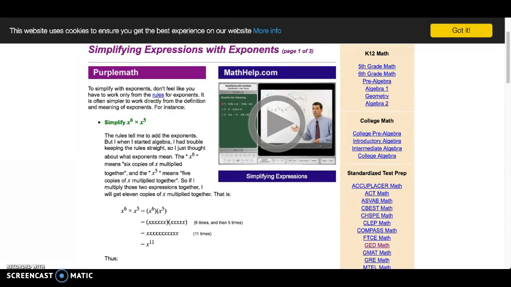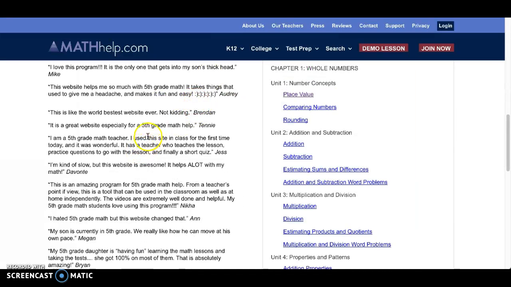Now the last site we're going to look at is called mathhelp.com. MathHelp is a site similar to Purple Math. The good thing about the site is that it organizes the learning path for you. It gives you a very directed way of practicing math problems for free, but the videos and directions aren't free. This is a good site to get extra practice that gets corrected immediately. So what do I mean by that?